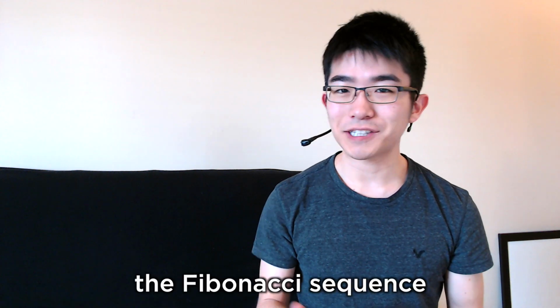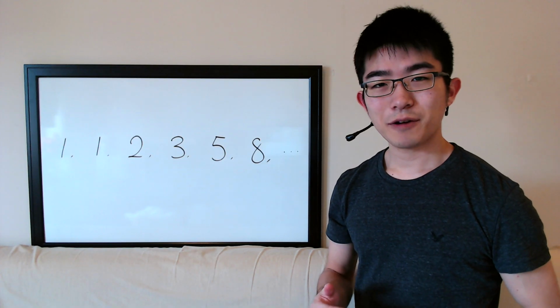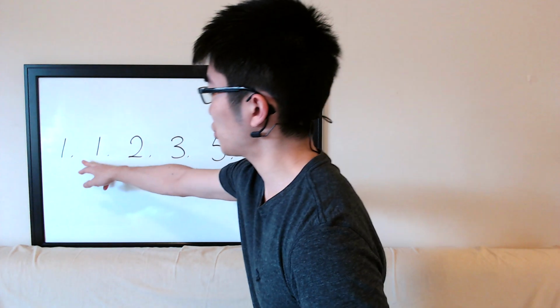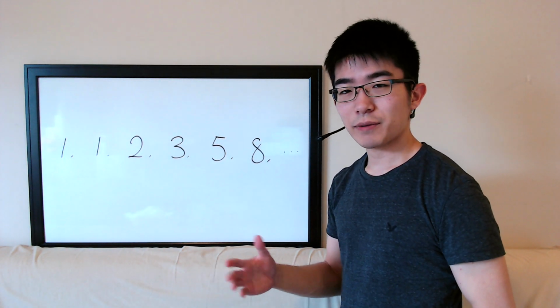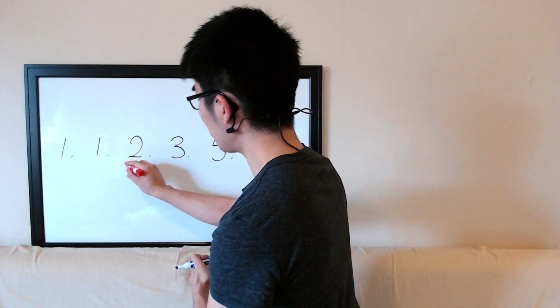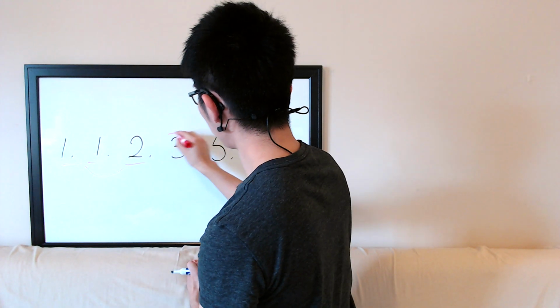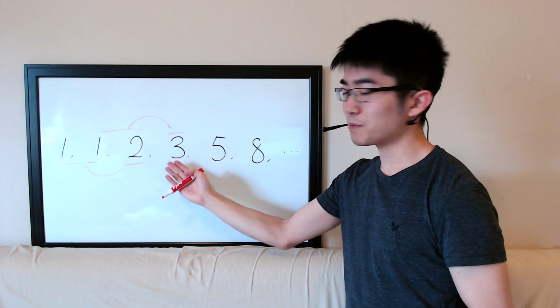Okay, now to better understand recursion, let's take a look at another example here, the Fibonacci sequence. So I already talked about this in one of my previous videos, but the Fibonacci sequence is a sequence of numbers that starts with 2 ones at the beginning, and the numbers after that are generated by adding up the 2 previous numbers. So for example, the third number is 2 because 1 plus 1 equals 2, and then the fourth number is 3 because 1 plus 2 equals 3, and so on.